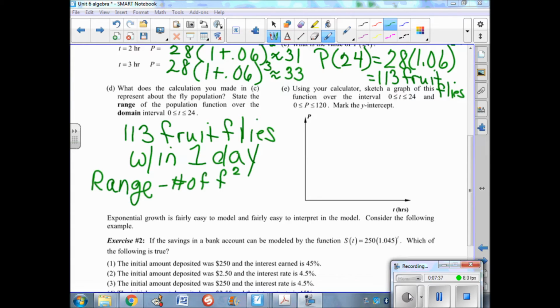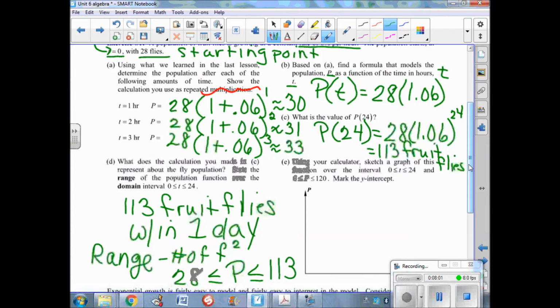All right, so let's continue on with our fruit flies. So our range, we started with 28 fruit flies, which is less than or equal to that population, which is less than or equal to, and how many did we end up with in the end? 113. So if we take our equation back up here that we wrote in B, and if we were to graph that,